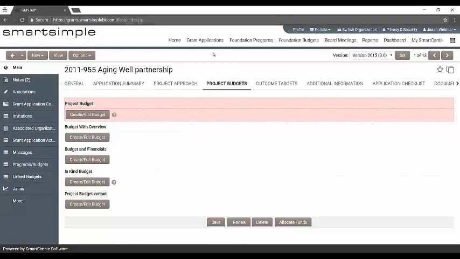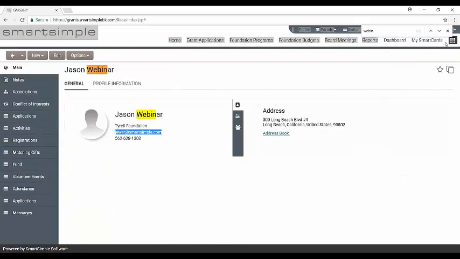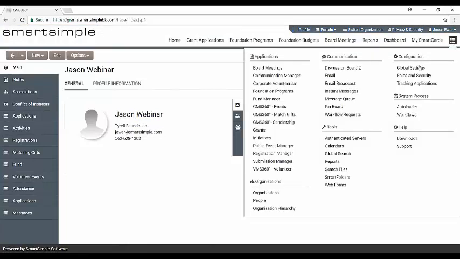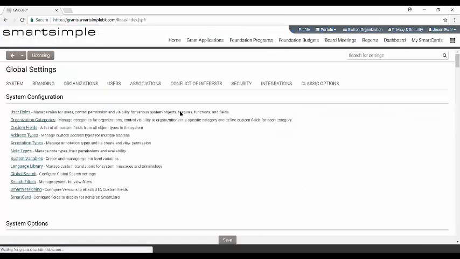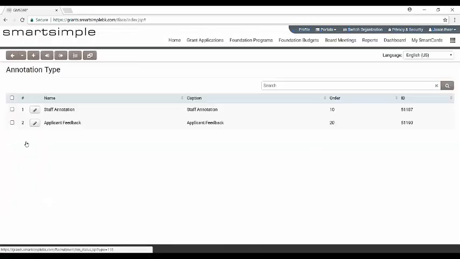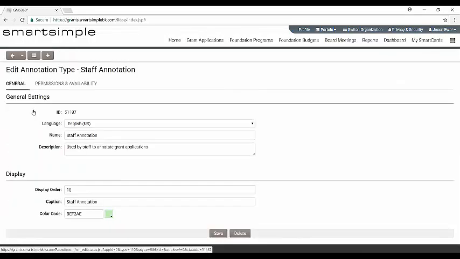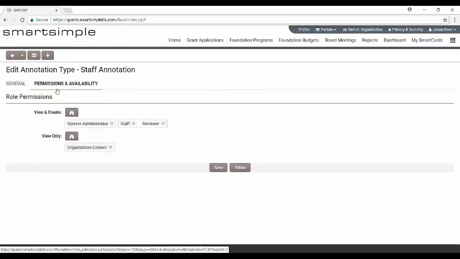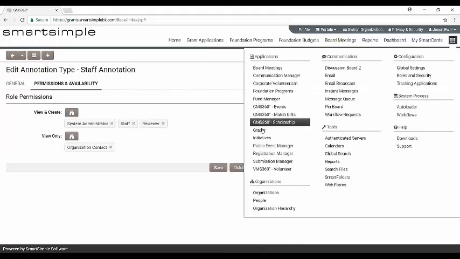So what we need to do now is look at where that was configured in the system. We're going to go back to our system admin view. The annotation function is covered in two main places. The first is within global settings, where there's an option for annotation types. You go to annotation types, look at the particular type that you want to permission, and go to the permissions and availability tab. Under here, there are two sections for view and create and view only. Right now I have it set up so that the system admin, staff, and reviewer roles can view and create that particular annotation. And what you'd also do is go into the